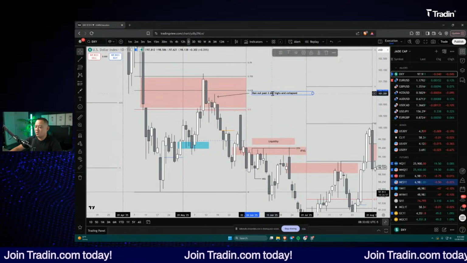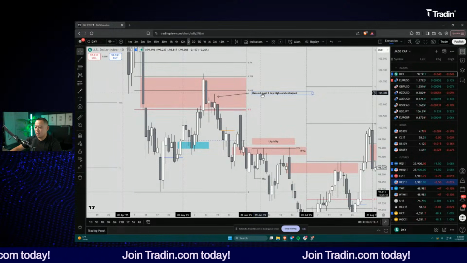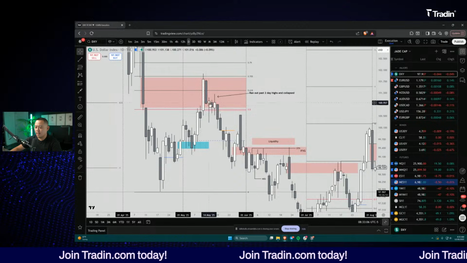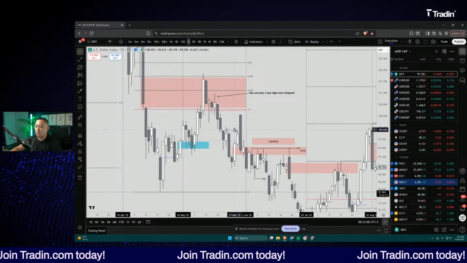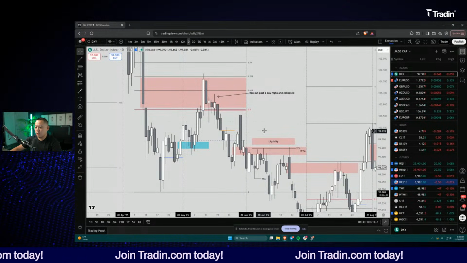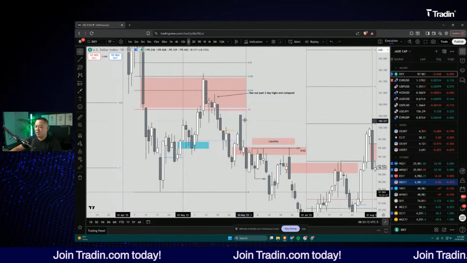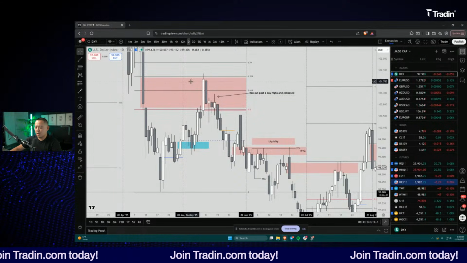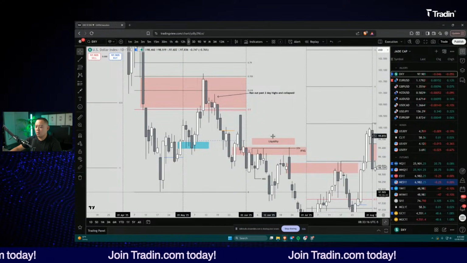I wouldn't say this is really backtesting because I'm not placing trades in here and backtesting that. But I am analyzing the markets to see where I went wrong, or where I missed out on opportunity, or what I did right.